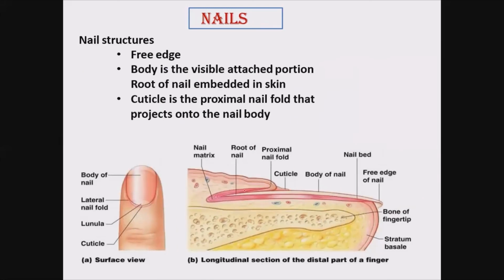The nail consists of the free edge. This is a free edge. This is the body, and the part which is inside is called the root of the nail. So root, body and free edge resting on the nail bed. And here this is the skin, and skin is supporting this root. From here we have the cuticle, some extension from the proximal nail, from the nail folds, which is holding the nail here. Okay, that will be called the cuticle.